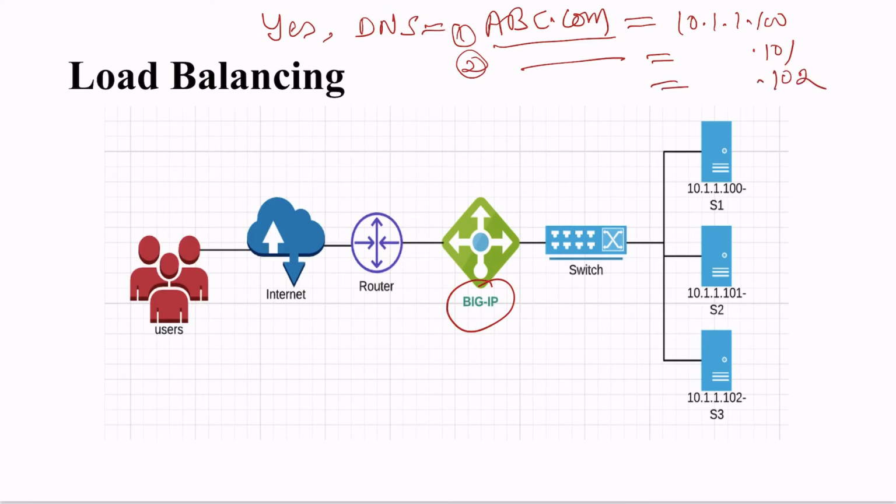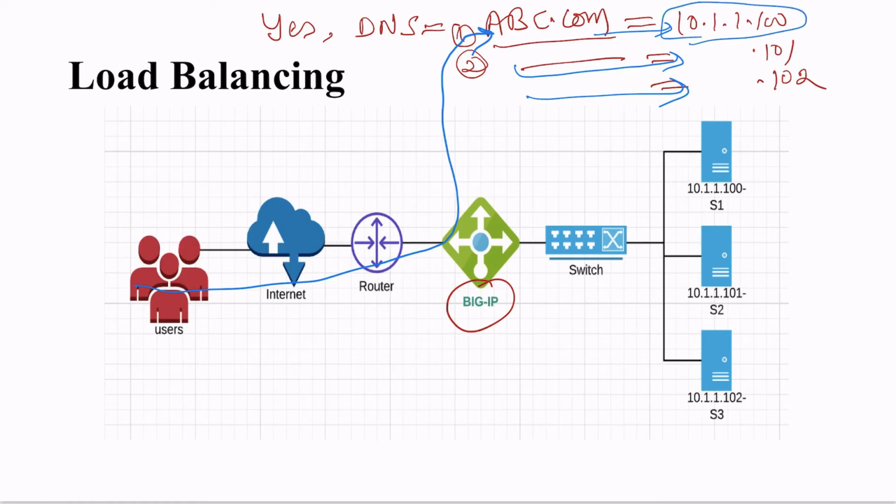Whenever the first request comes in from a user, it goes to this website address in the DNS and will be forwarded to the first one. Then the second session request will be forwarded to the second one, then the third one. So this is round robin, and then the fourth will go to the first one again. But the issue here is that if one of the servers is down, there is no mechanism in DNS to understand that the node is actually down. It will keep on forwarding the request even to a down member. This is an issue, so clients will face disruption.